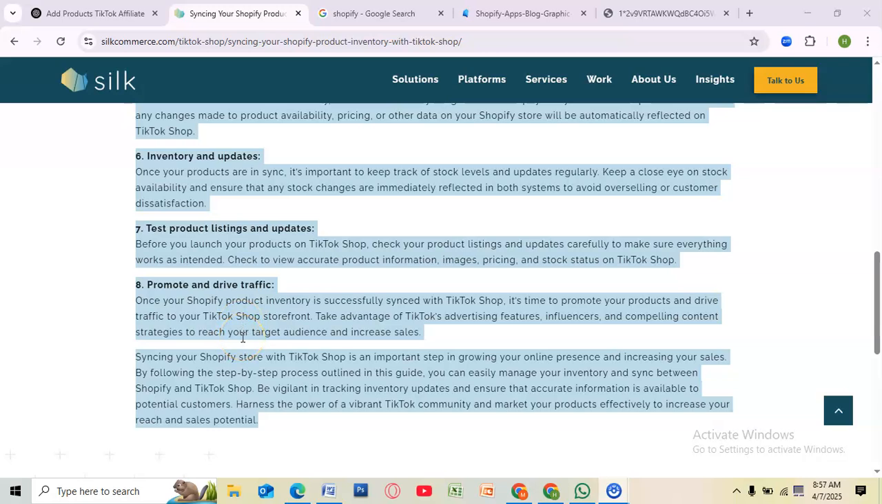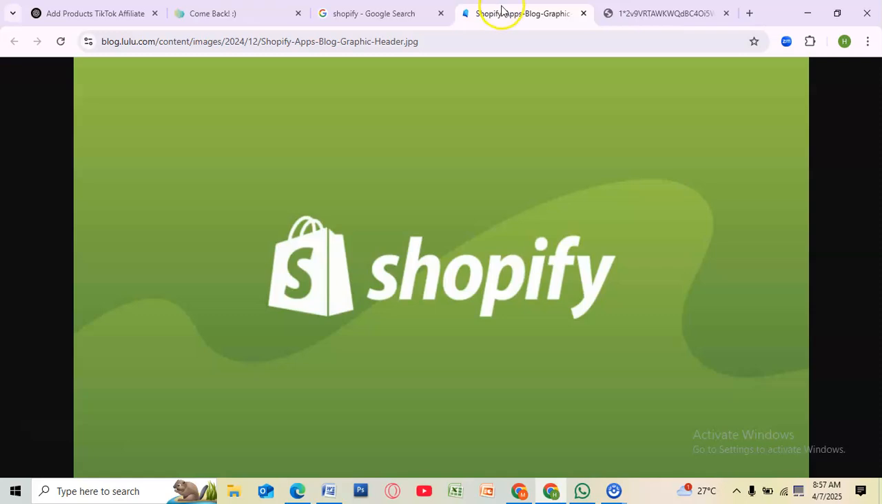Now that your products are synced, it's time to shine. Use TikTok ads, influencers, collabs, or post engaging content to drive traffic and boost your sales. And that's it. Your Shopify store is now connected to